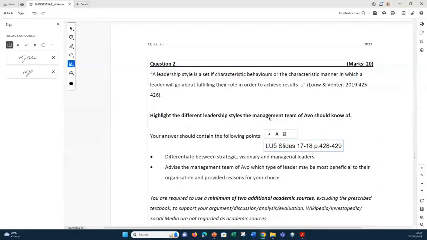Any other options that you might have started writing about? I don't know if anyone has written anything there. And yeah, remember the advice here, the type of leader that will be most beneficial, and then provide your reasons for it. The reasons will be there. And key in terms of this entire assignment is about integrating the theory with the application. So it's not a theory assignment only, it's not an application of theory. We need to see a balance between theory and application in your discussions. Everyone okay with that one?